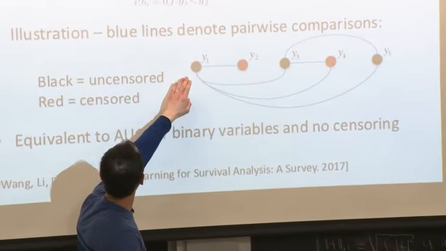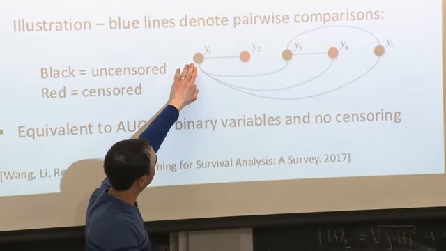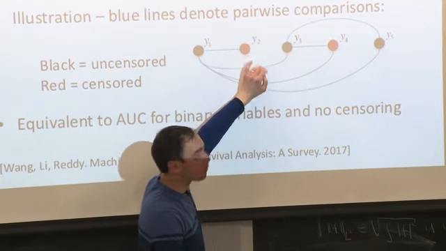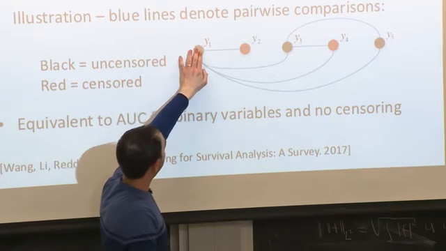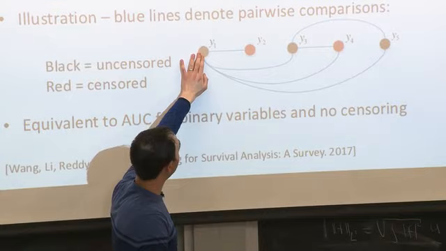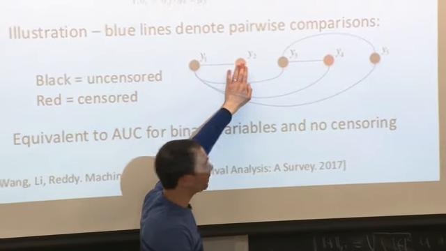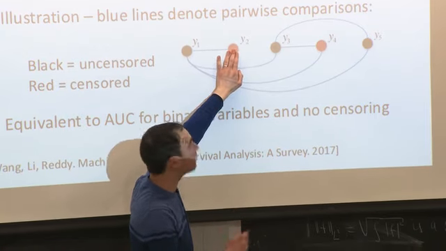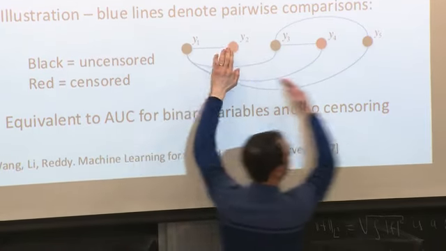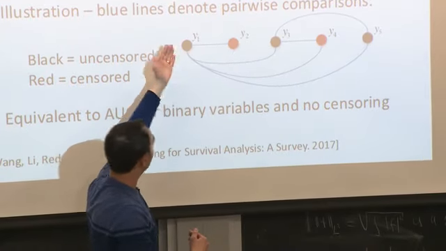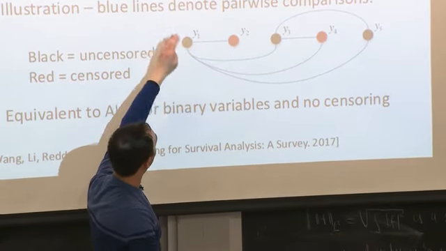So by black, I'm illustrating uncensored data points, and by red, I'm denoting censored data points. Here we see that for this data point, the event happened before this other data point's censoring event. Since this data point was censored, its true event time you can think of as sometime into the far future. So what we'd want is that the model